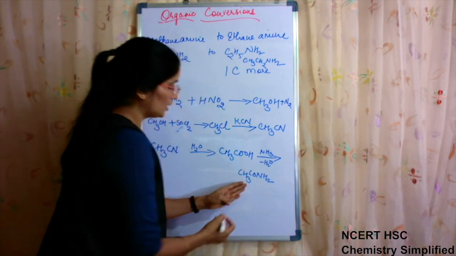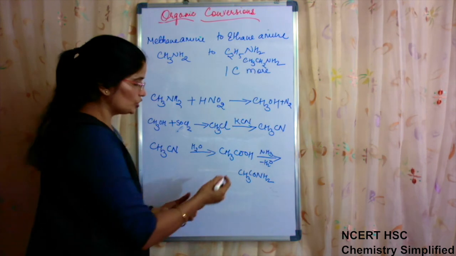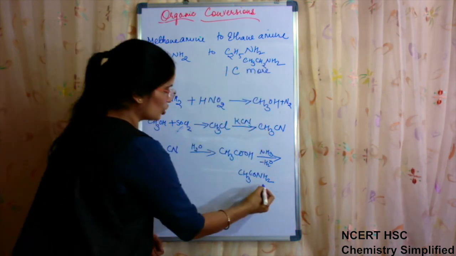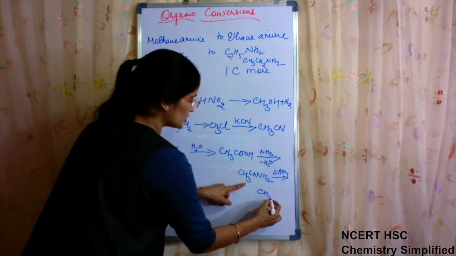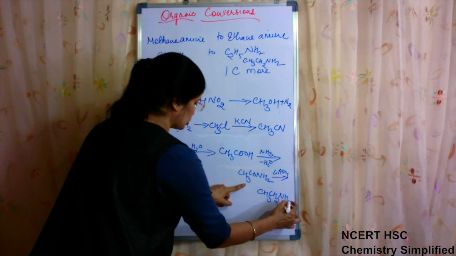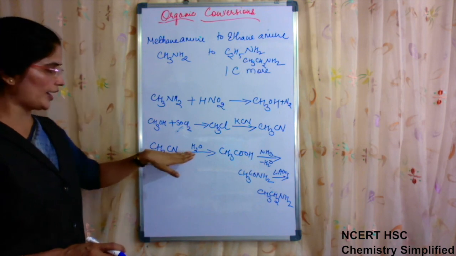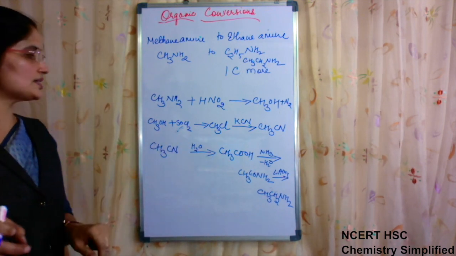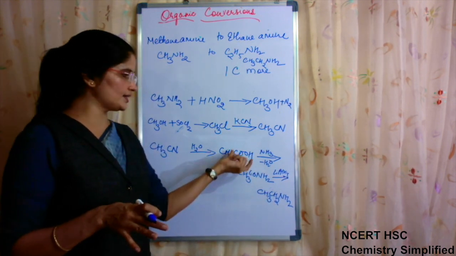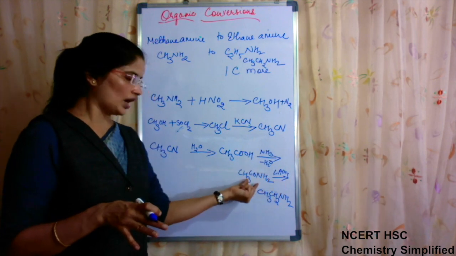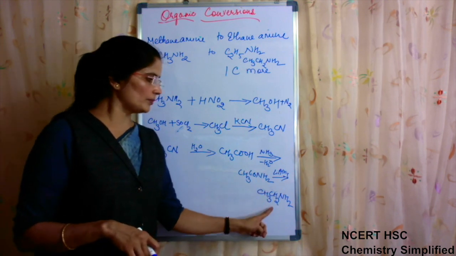And then this amide, now you don't need to decrease the number of carbon atoms. What you require is that you want this carbon also to have CH2. So you know that when lithium aluminum hydride reduction is done, this will be converted to CH3CH2NH2. So one method is this. After we have obtained cyanide, you hydrolyze it to acid. Cyanides hydrolyze to give acid, acids on treatment with NH3 give amide, and amide on simple reduction, not degradation by bromamide, will form this.